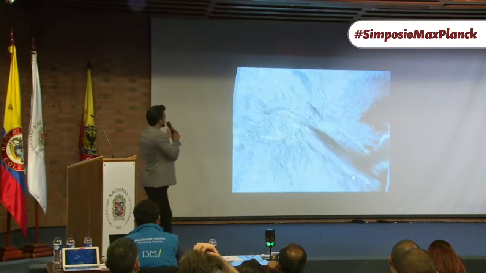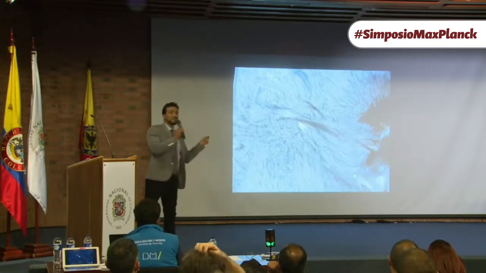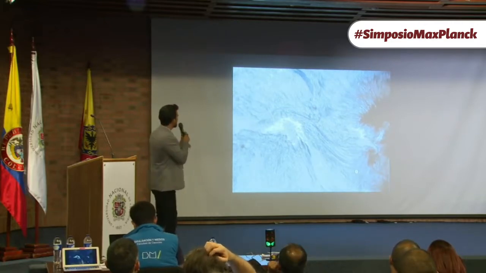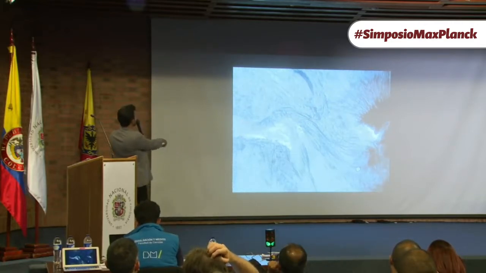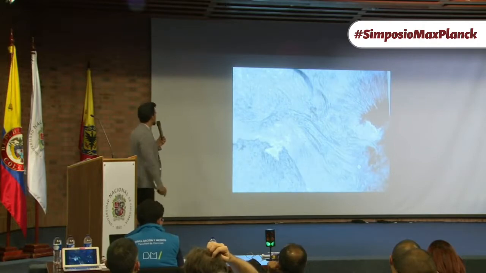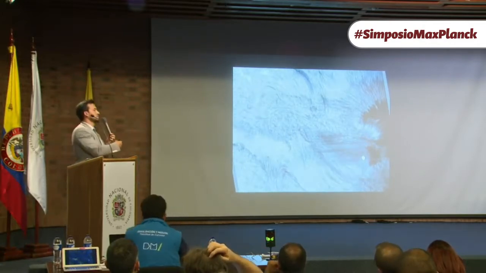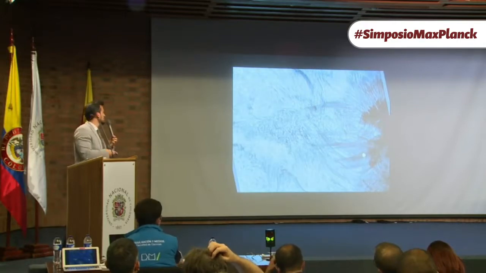And this is one of the most detailed videos of what's happening in what we call a solar flare. So you have all the activity. This is like a tsunami taking place on the surface of the sun. But obviously this is traveling very fast. This is supersonic velocities here.